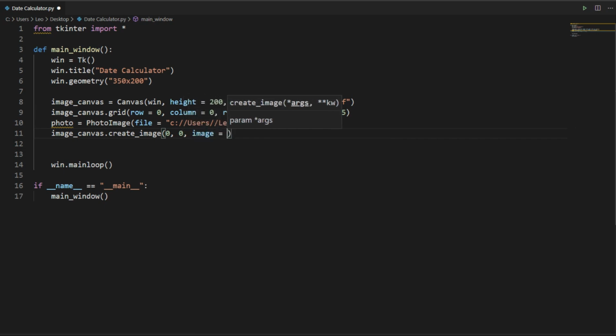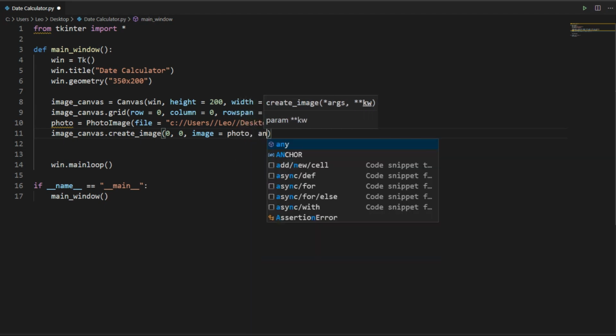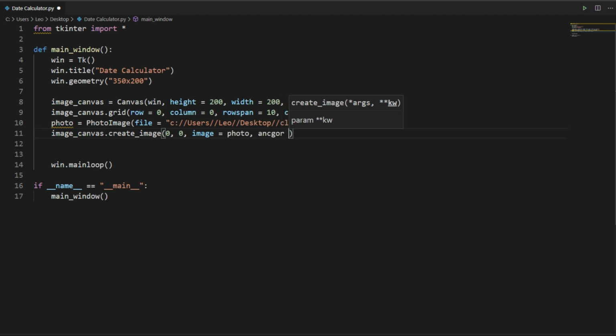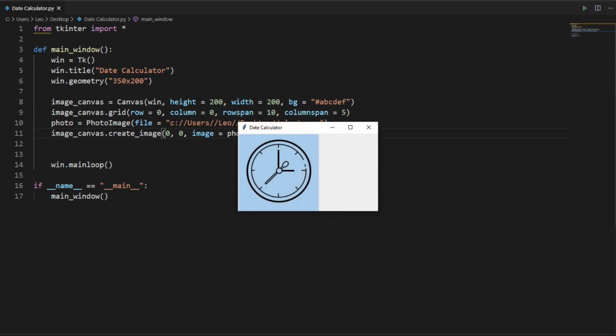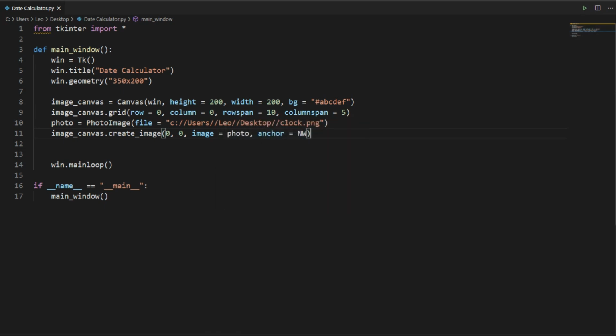It will be image equals photo, and then we need to pass anchor equals northwest. We need to start our image from northwest again. Anchor is for the image, and this 0, 0 is for the canvas. Okay, let's try and run this. Oh, perfect, we have our image over here.